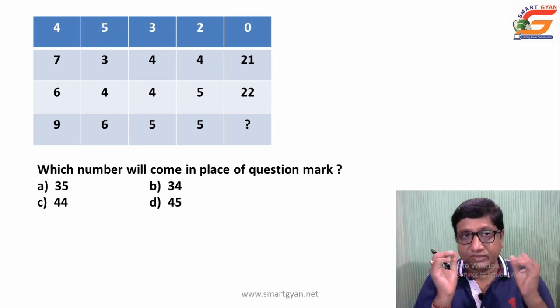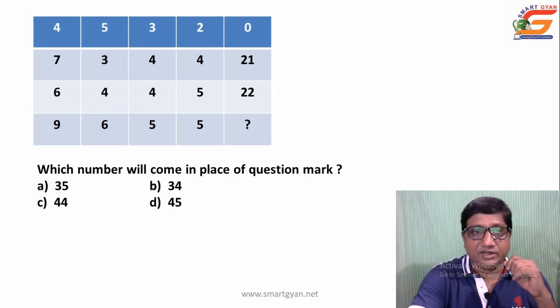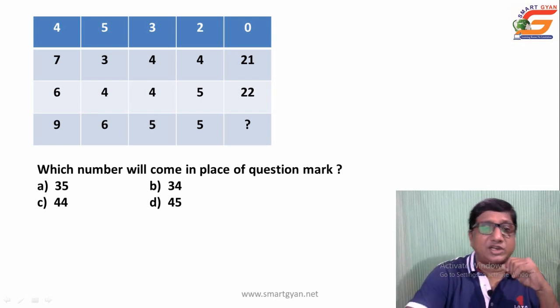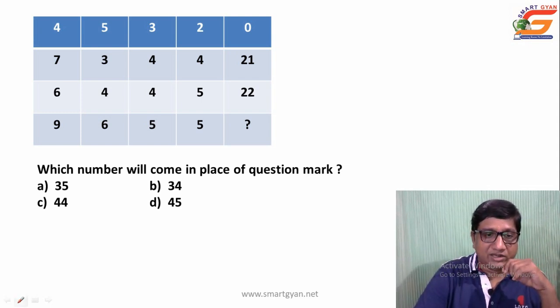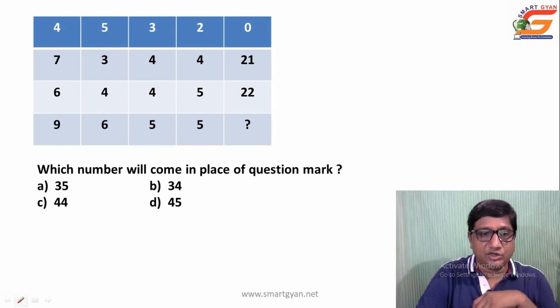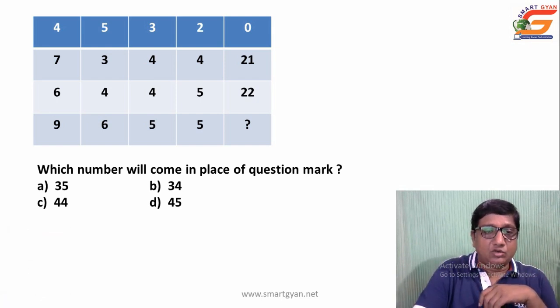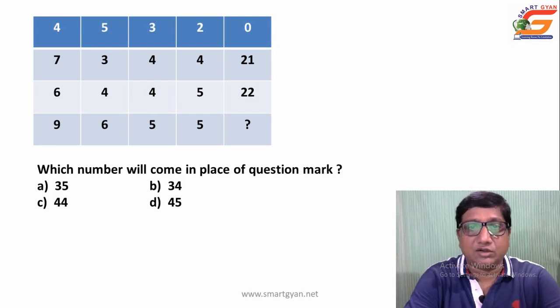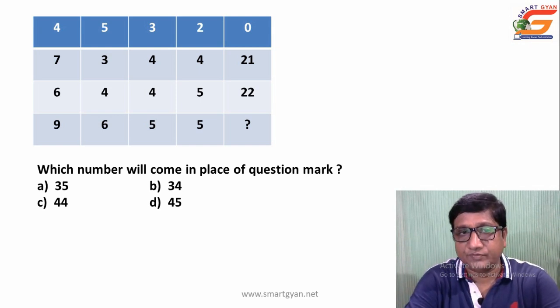First thing, as here it is given another rectangle, how many rows and columns? 4 rows are there and 5 columns are there. As I have already told you, either one row or one column is the resultant one. So accordingly you have to think; generally most of the questions come row wise, and some questions are column wise.